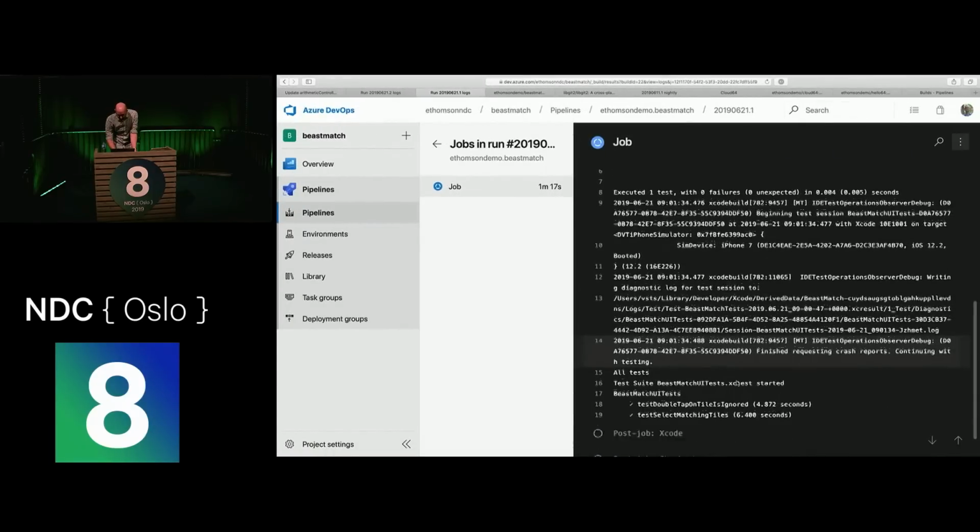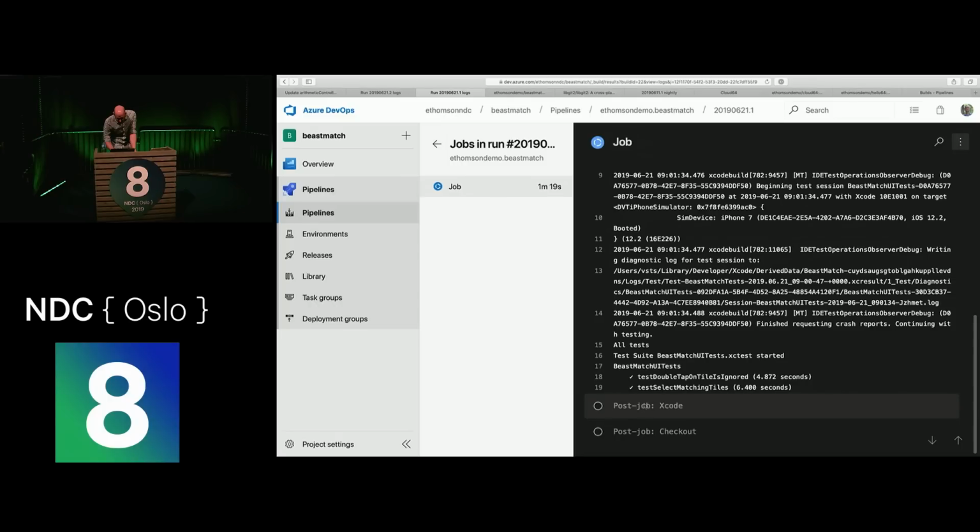So it's doing that right momentarily. So you can see it's running the test double tap, it's running the test select matching tiles, then it's running the test tap on visible tile. Is ignored tests. Eventually, it will get to the winning test. Right. In the meantime, let's look at